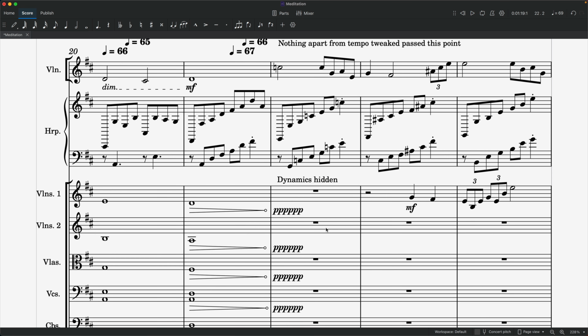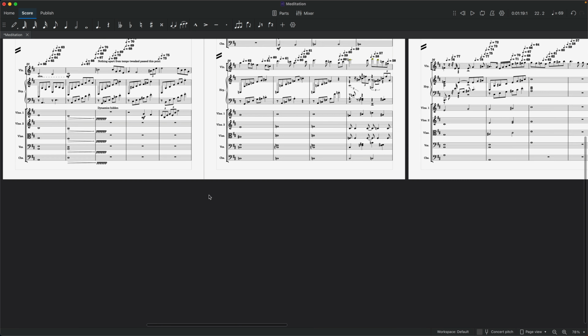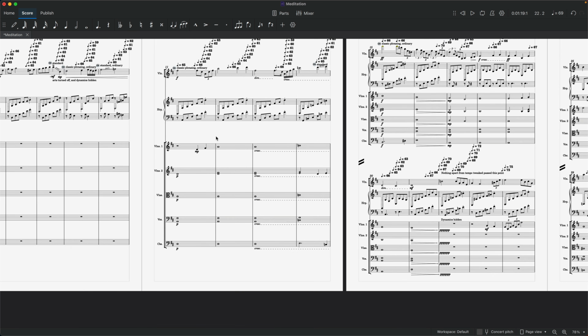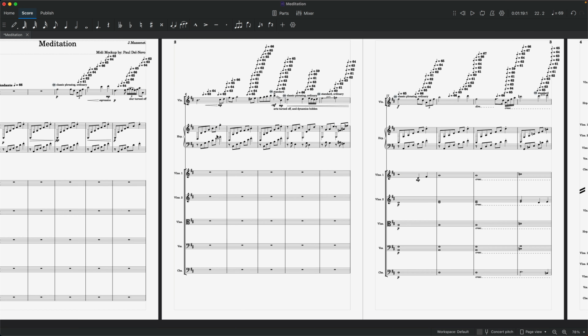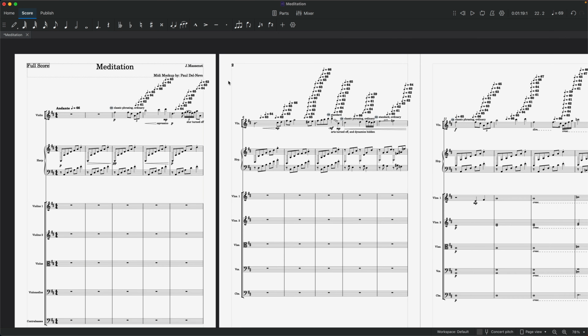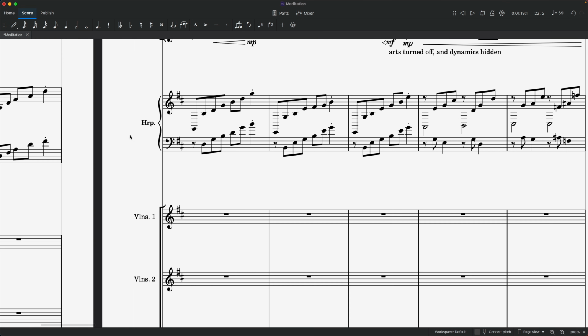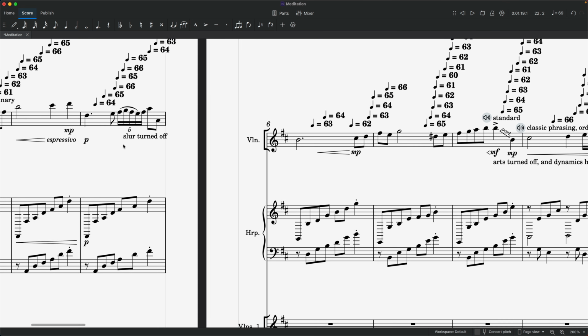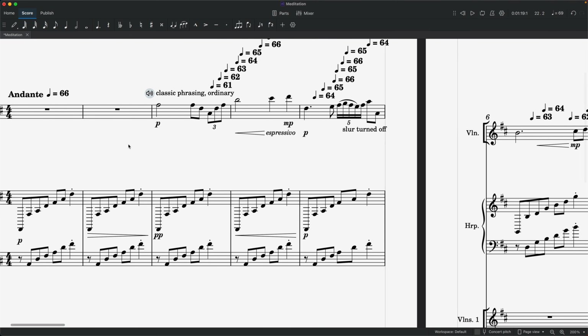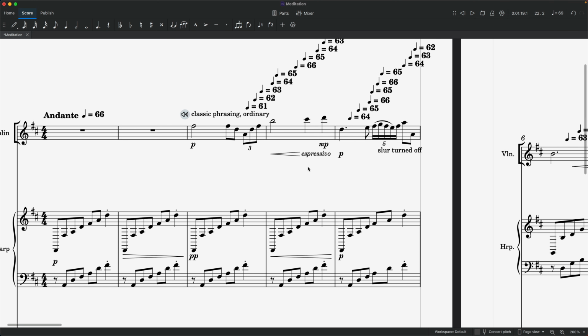Now, if I zoom out a bit here, let me just take you back to the beginning, because there's a couple of reasons why I've turned stuff off but kept them on display in the score. And the first one is this slur here. If I just zoom in so you can see it a little better. I've turned the playback of that off, but kept it visible, because I find, especially with the